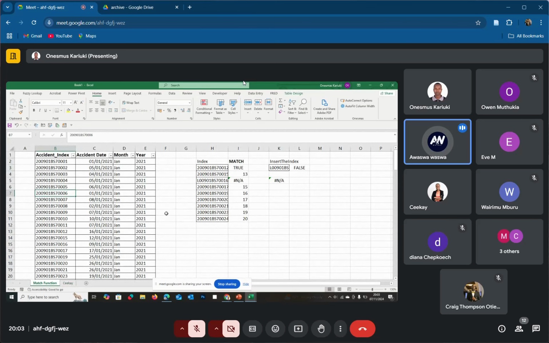You will have to reference that specific cell. Which cell were you working with? Where were you referencing the lookup? It's in this column under index, the K column. It's K3. Look at K3. So in K3, what you will do, you will have to create